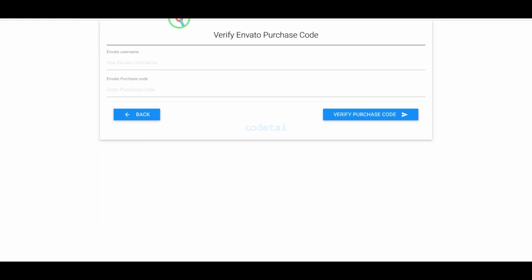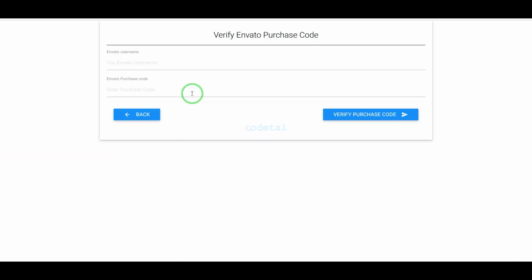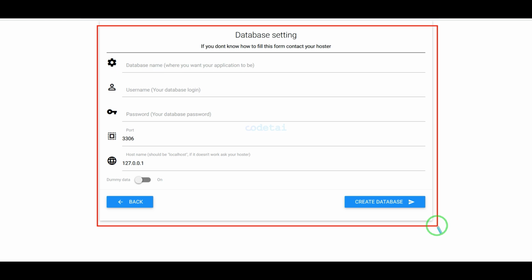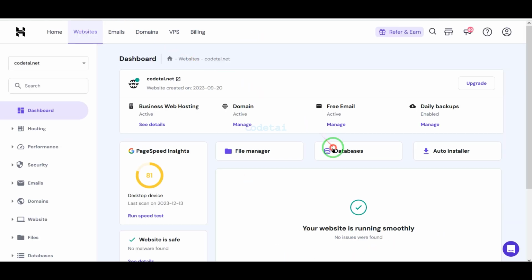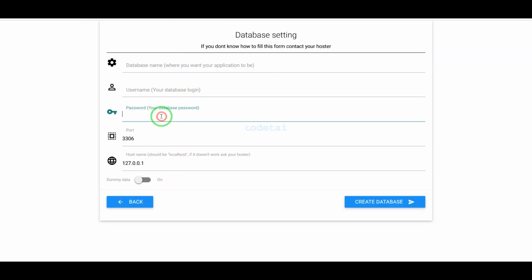Now we have to do the purchase verification, so we have to submit the purchase information here. Now we have to submit the database information here. So now we will learn how to create a database in the hosting panel. Then we will learn how to connect the hosting panel database to the website.